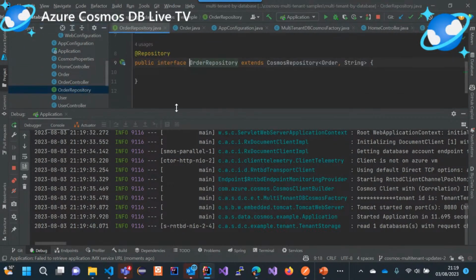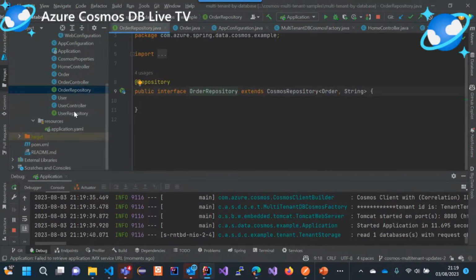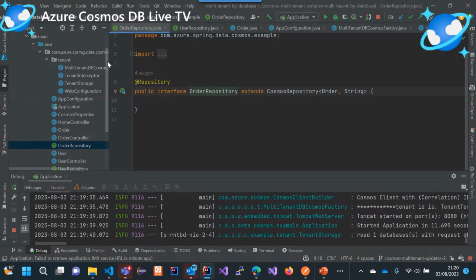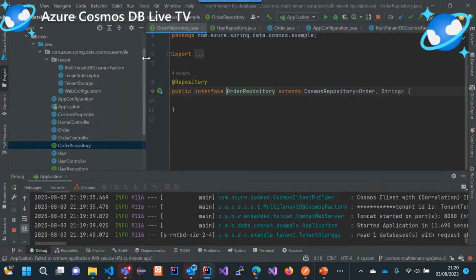I've got an order repository and I've got a user repository, and those are defined with the user entity. And in the order repository, I've got the order entity. So I'm getting what I expect. And typically, if I didn't do anything else at this point, then there's no way within the API itself that I can reference another database dynamically. I would have to deploy another instance if I wanted to do that in order to support multi-tenancy, which obviously is pretty cumbersome. But some changes that we've added recently, and similar changes have been added to some of the other client libraries for other databases as well,